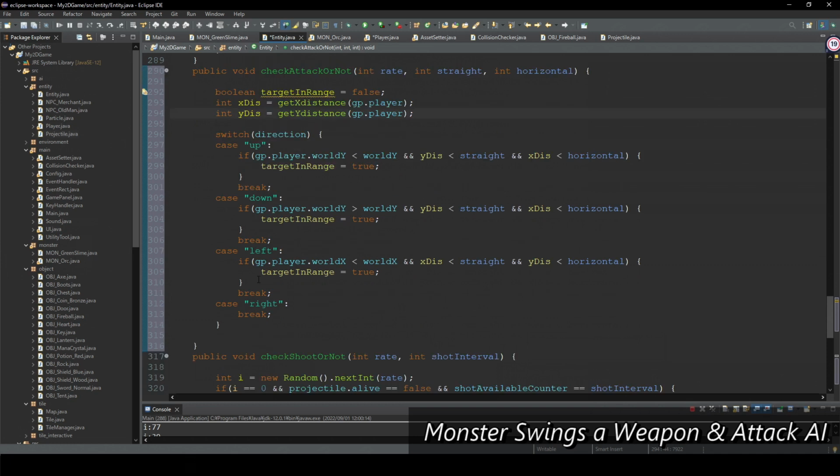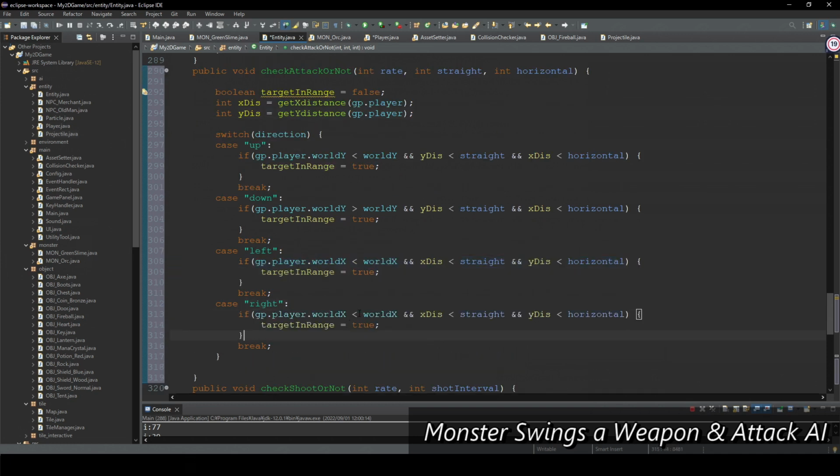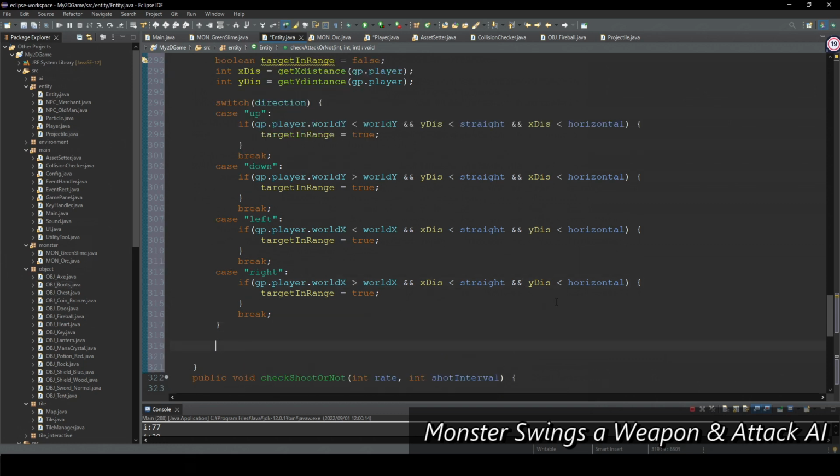And okay, so right. So this time, so larger, and X distance. Yeah, these are the same. Okay. And then, so if